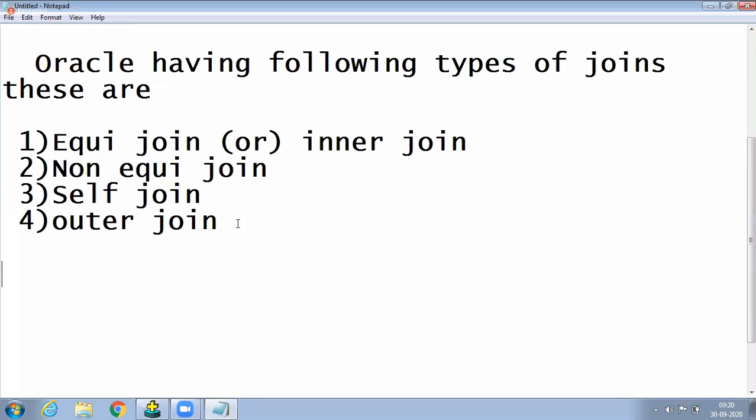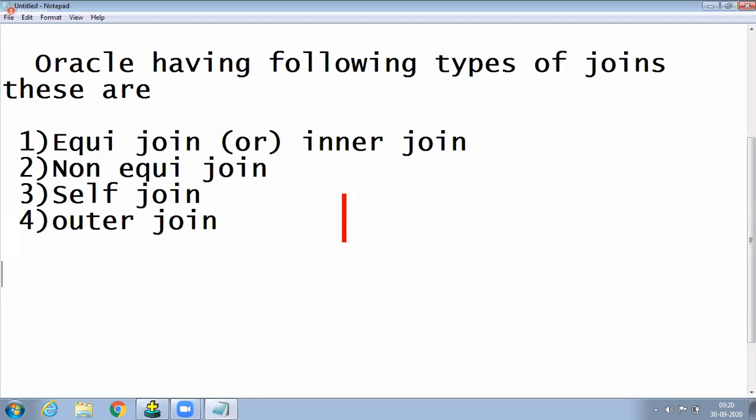Now concentrate. Very important. I'm telling very slowly because there are so many things here. One by one, for a first-time non-technical person it is understandable. So much knowledge is required. Observe here. Suppose I am an Oracle programmer telling my class students: these are the four joins, what is equi, what is non-equi, what is self join, what is outer join. Then you understand.